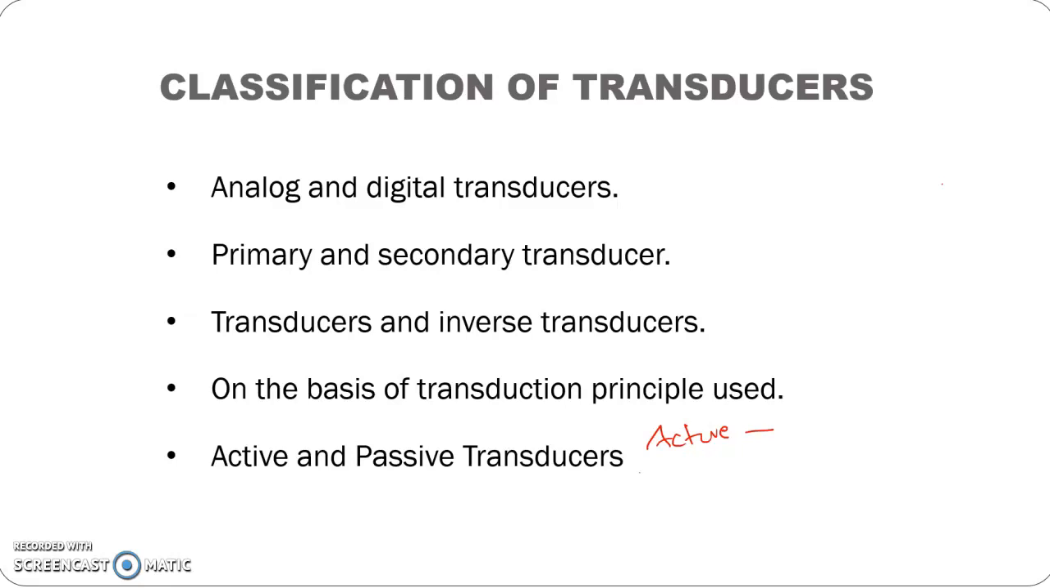On the other hand, the passive type requires an external power source for energy conversions, because we have to provide either AC current or DC current for functioning of these kind of transducers. And the examples are resistive, capacitive, inductive type of transducers. These are examples of passive transducers. LVDT is coming under